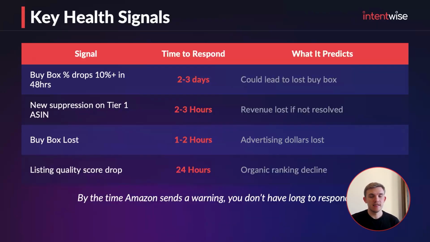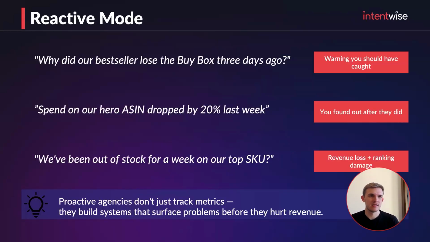So maybe I'm an agency that does a full service model and I need to go explain why we spent on our hero ASIN less than it was last week. Why is this product about to run out of inventory? Those things, even if you're an agency that only supports ads, are very impactful on your overall ability to execute and be strategic. And more brands are going to expect you to bring those things to them versus them bringing those things to you. So we really need to, again, focus on how do we build a system to surface these problems before they